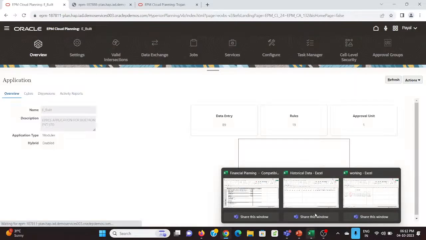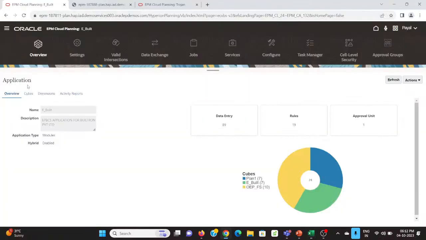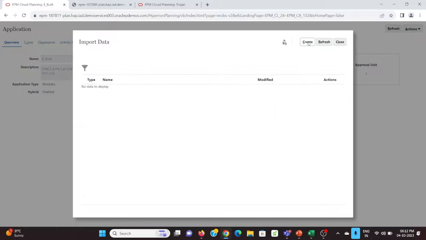I have already created a sheet right here which provides an input to our data form for all the months of January, February, March, April, and our forecasting months as well, October, November, and December. These are the data for the drivers, and with this we will calculate our expense, our ordering cost. Okay, so first let's import data, create,